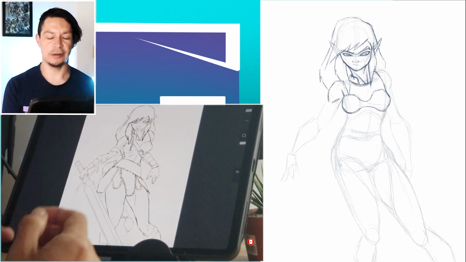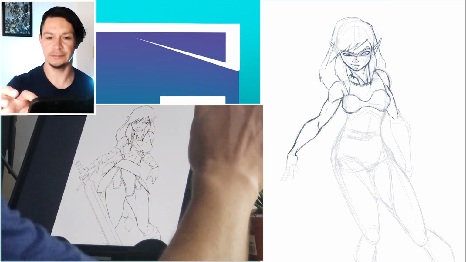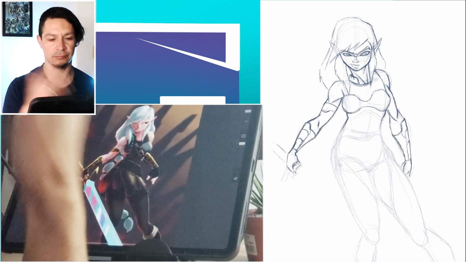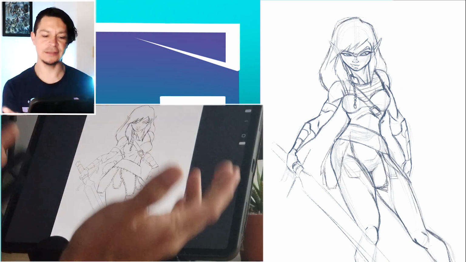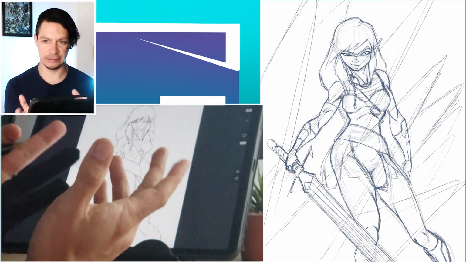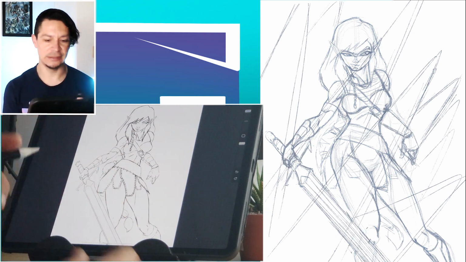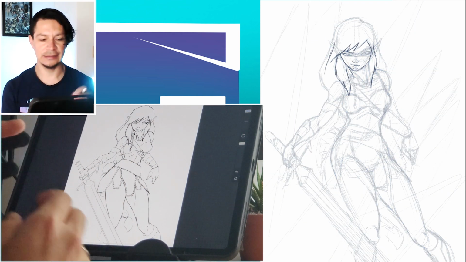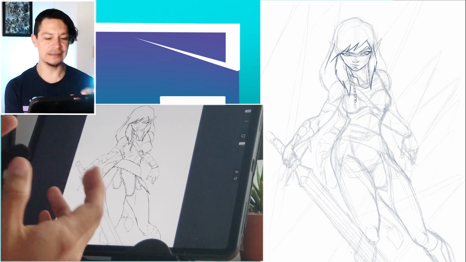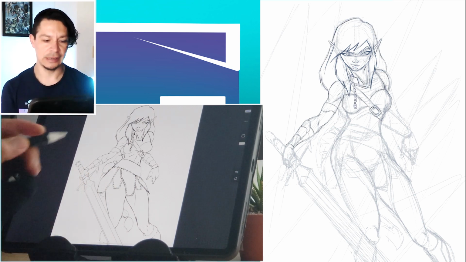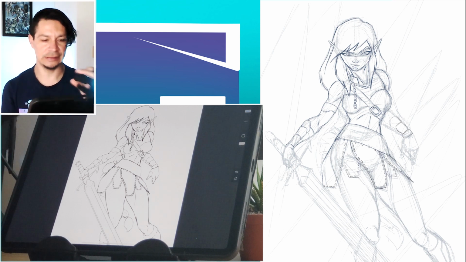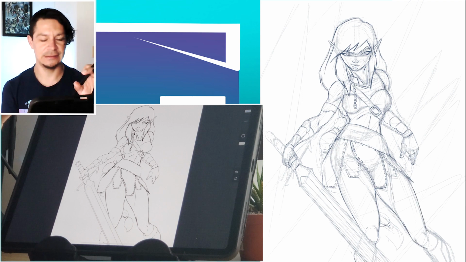So in this process we're learning how to go from this point to this point to a final picture with complete rendering. The first thing I worked on was my sketch. Normally my sketch is very simple, just some guidelines and then some simple details, but in this case the drawing stage took a lot longer. I tried to go into a lot more detail in this picture